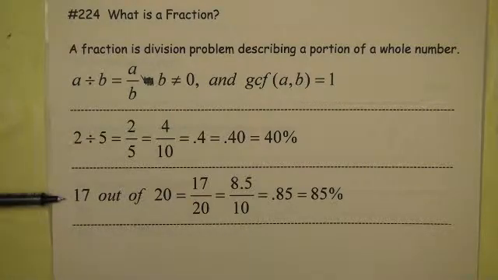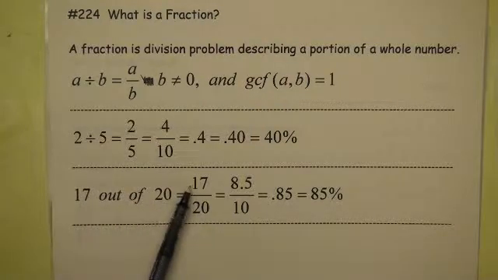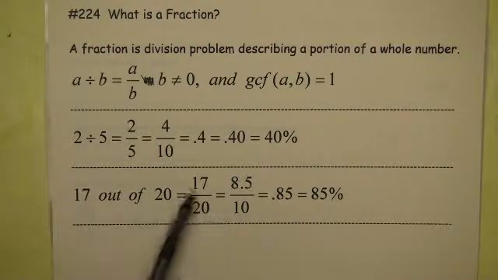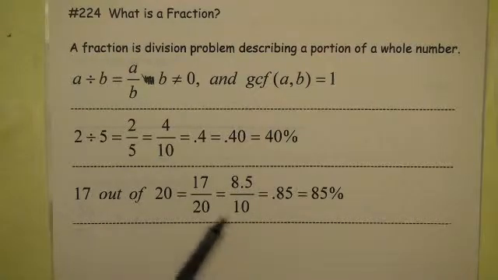The next example, perhaps you're playing basketball, shooting free throws. You hit 17 out of 20 free throws, so you made 17 free throws out of 20 attempts. Now this is a little bit unorthodox, but it does help us get the percentage. 17 out of 20 would be like making 8.5 free throws out of 10. We wouldn't actually make 8.5 free throws, but as for the mathematical conversion, we could definitely describe 17/20 as 8.5